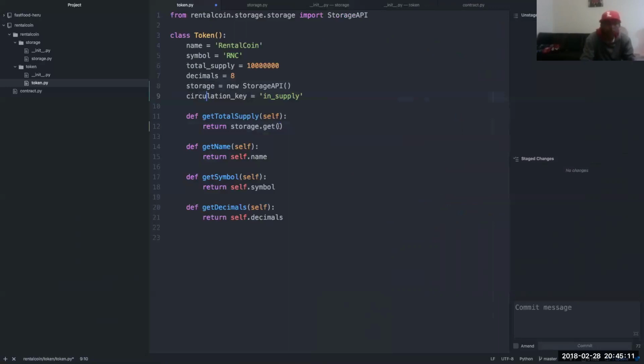Circulation. All right, so that'd be self dot circulation key.